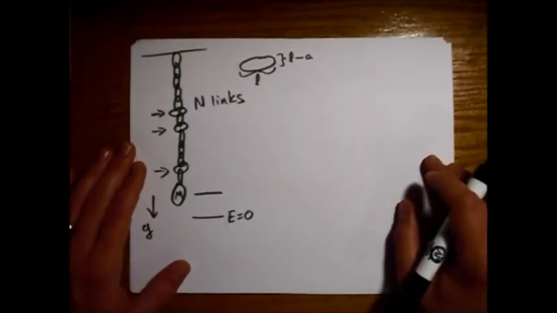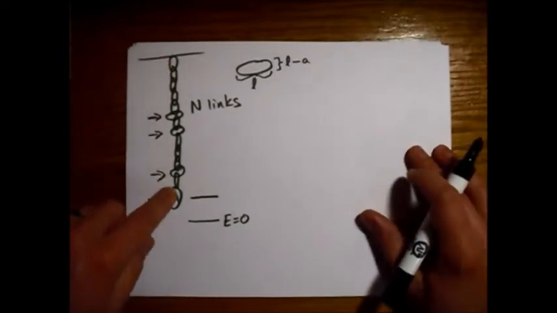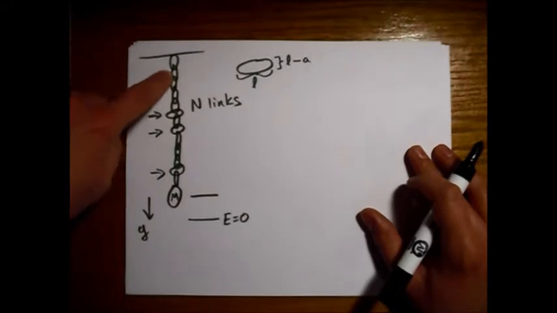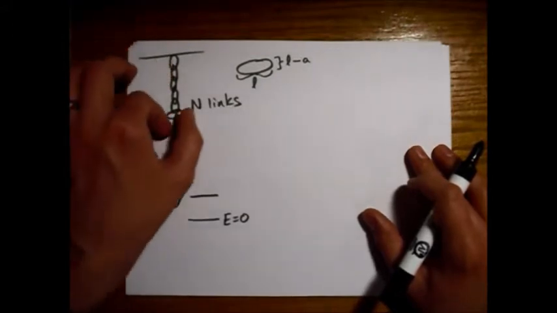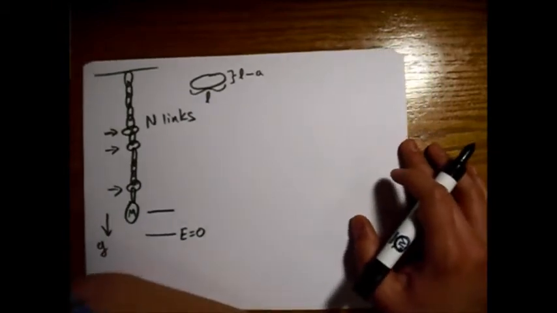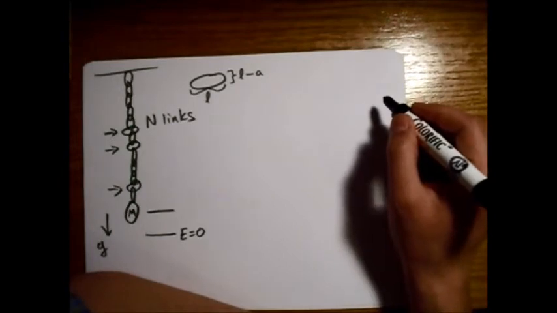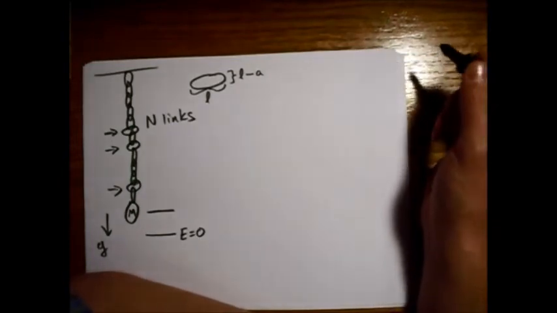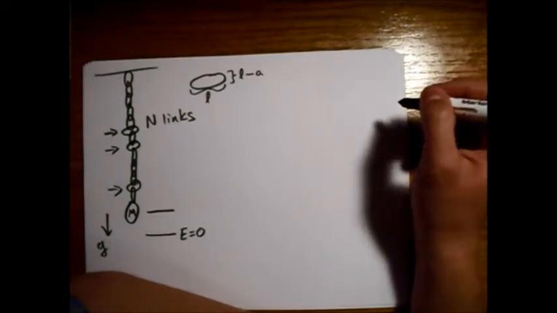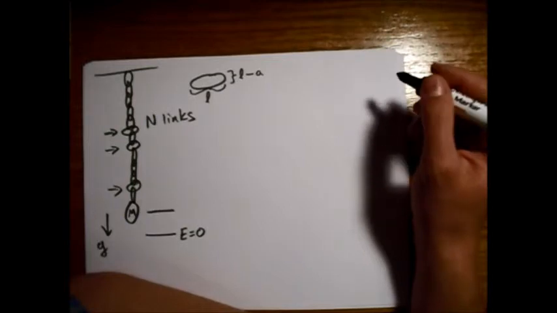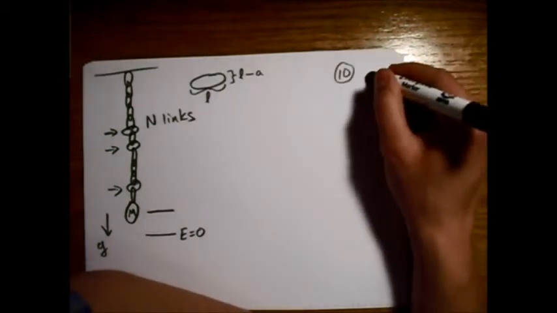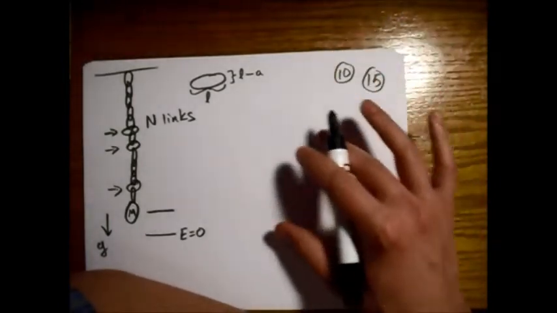All right, so what we need to do is find out what the probabilities are for the links of the chain to be in the long, the vertical orientation or the horizontal orientation. And so if we just think of a bag of marbles or something, suppose I had a bag of marbles, and let's just say, I don't know, if we had some marbles with the number 10 written on them, and some marbles with the number 15 written on them, and I had a whole bag of these marbles,